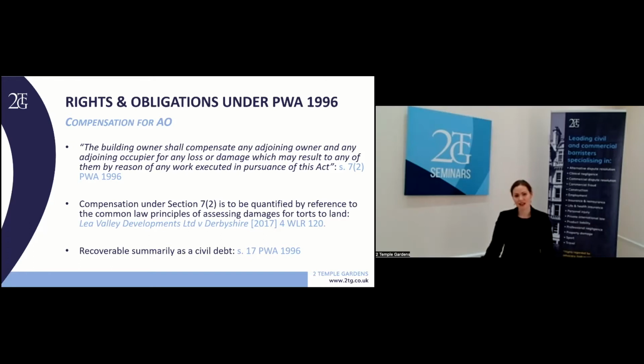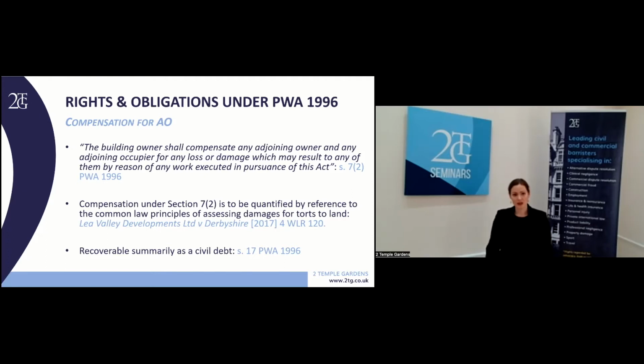Kevin then has lost a significant source of income. Now, on these facts, I would argue that Kevin has suffered a clear and foreseeable loss of his income as a direct result of John's works under the Party Walls Act. And that's despite his best attempts at mitigating his loss by trying to find an alternative venue. Now, in such a circumstance, I can't see any reason of principle why Kevin couldn't recover that loss of income, although it's not something, to my knowledge, that has ever been tested in a court.